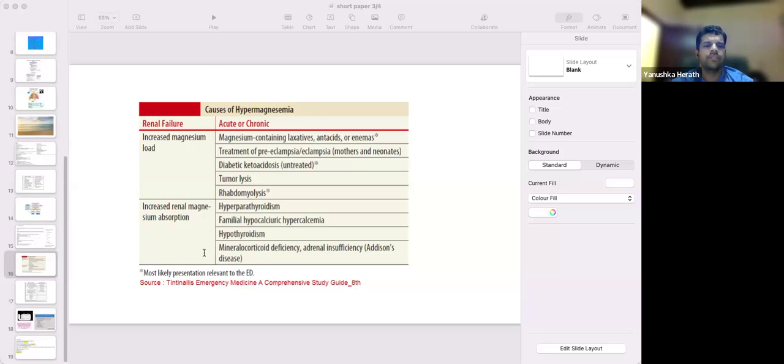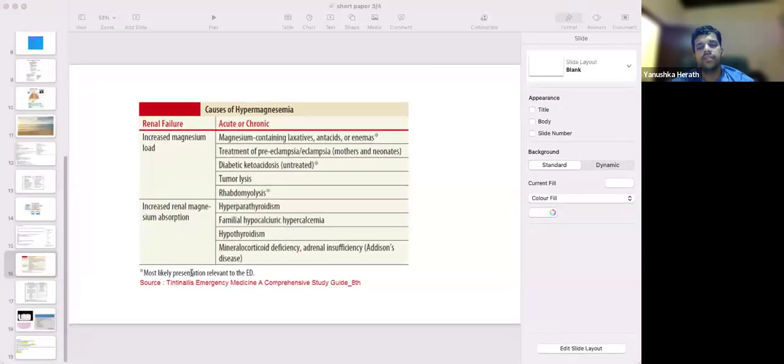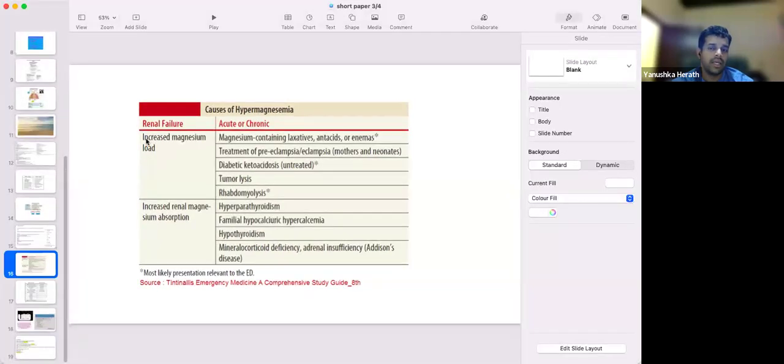So strongly suggestive things of Addison's, hyperkalemia is a very important thing. Hypernatremia, hyponatremia, slightly positive Mantoux test is seen, but it is not a feature suggestive of Addison's disease. Because sometimes TB you can get Addison's disease. Hypertension, of course, Addison's no, you get hypotension, postural hypotension. They can have hypermagnesemia in Addison's. There are other causes of hypermagnesemia as well.